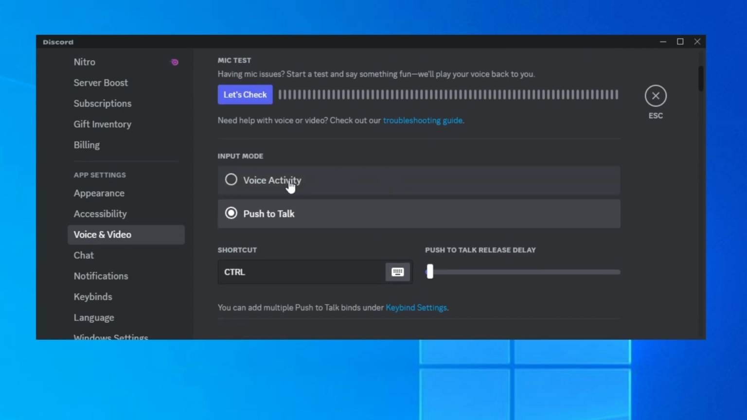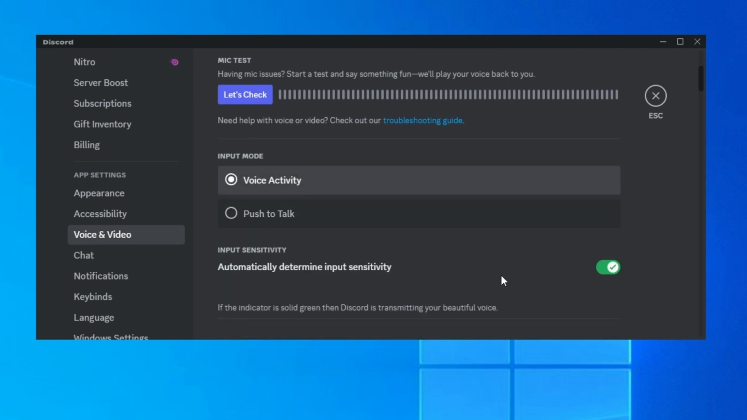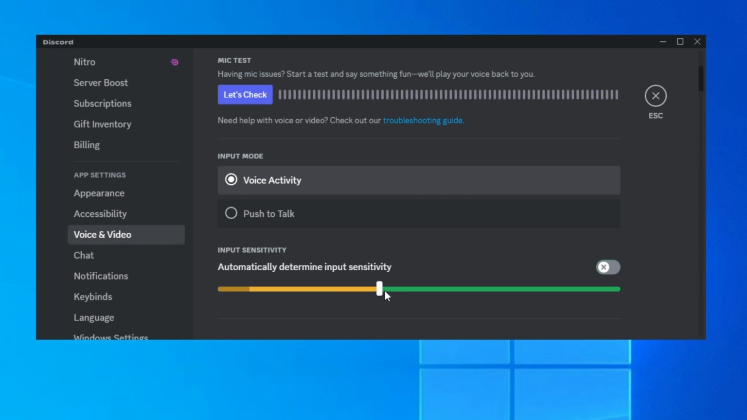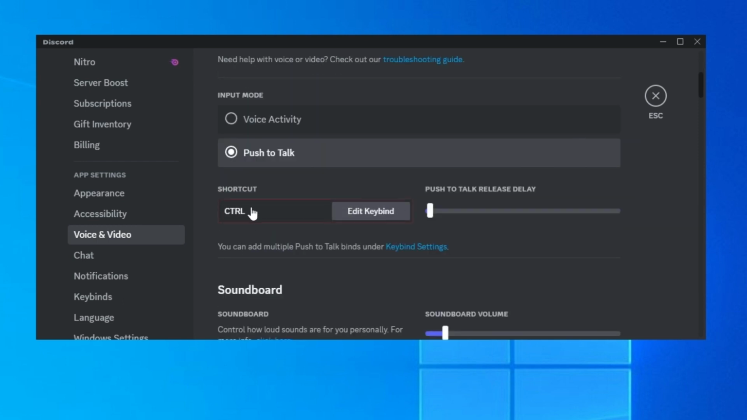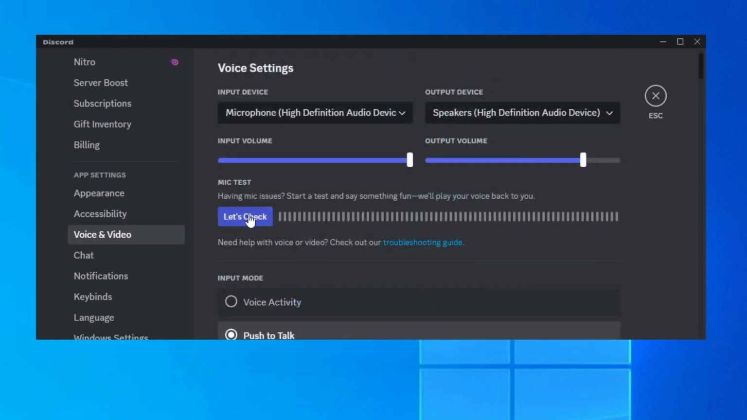And here make sure, if you're on voice activity, make sure you uncheck this and put the slider to here, so if you don't want your keyboard to be heard all the time, just put it somewhere in the middle, so you can hear your voice, but your microphone is not picking up the keyboard. But I always use push to talk, and the shortcut, make sure you press the right one, and